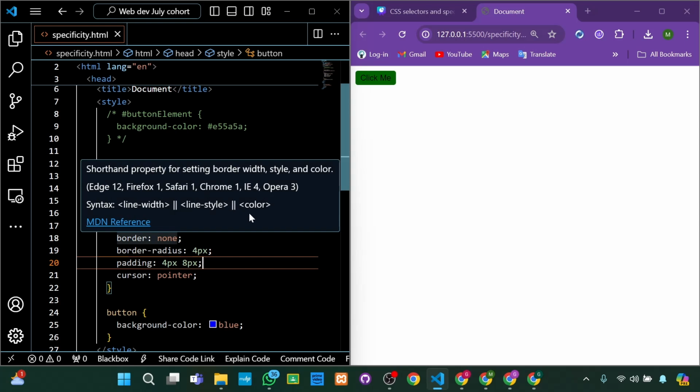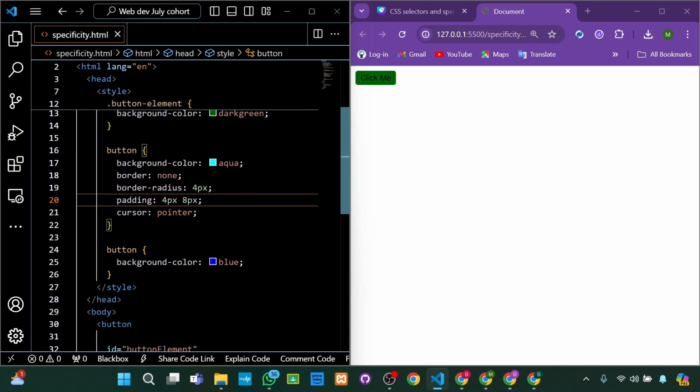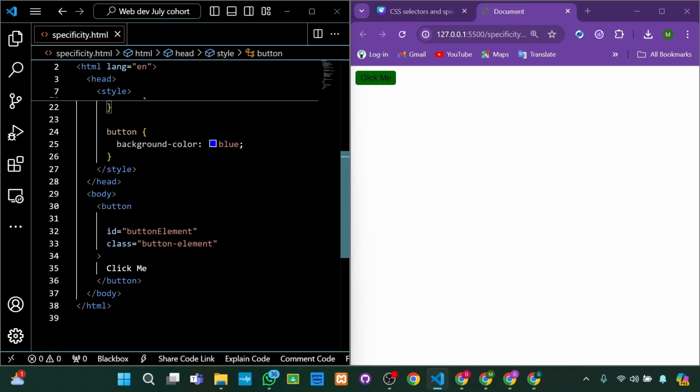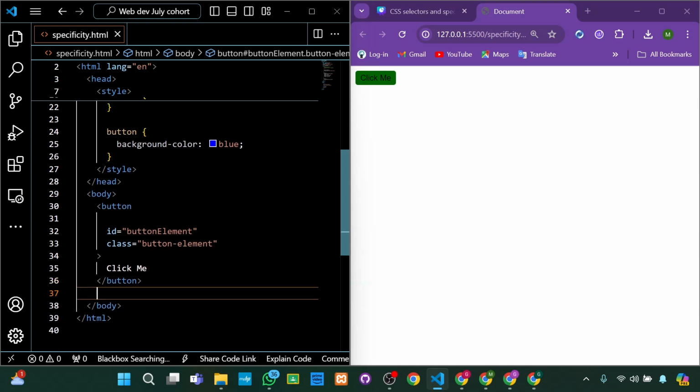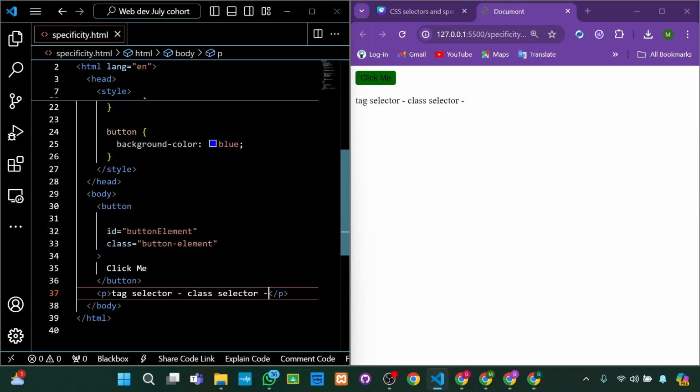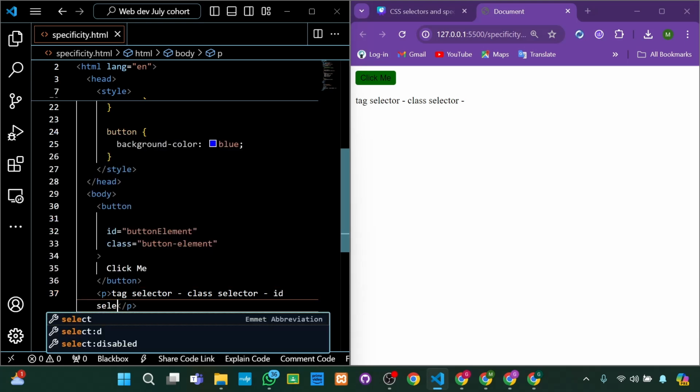But what about IDs? How do they fit into the picture? ID selectors, like what we have, an ID name here already, have an even higher specificity than the class selector. I think I should create a tag here that will show you. So, like I said, we started with the tag selector. The tag selector has lower preference compared to the class selector, but the ID selector has higher preference compared